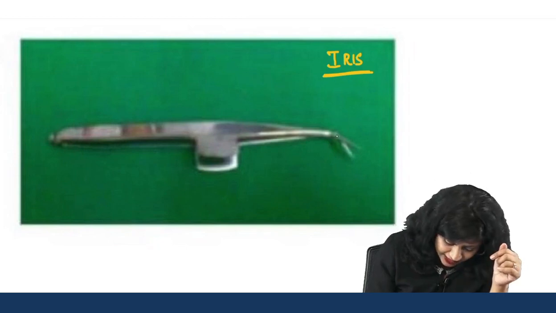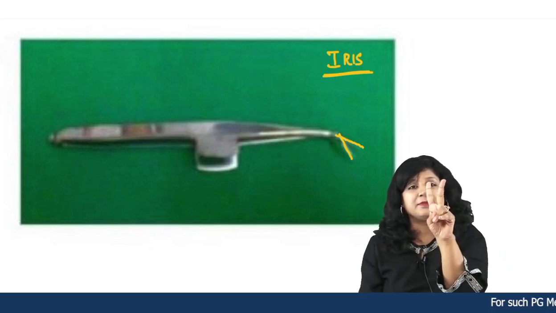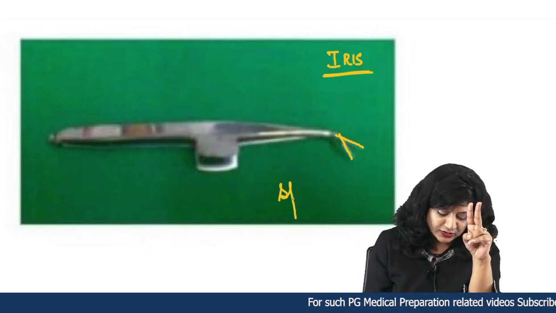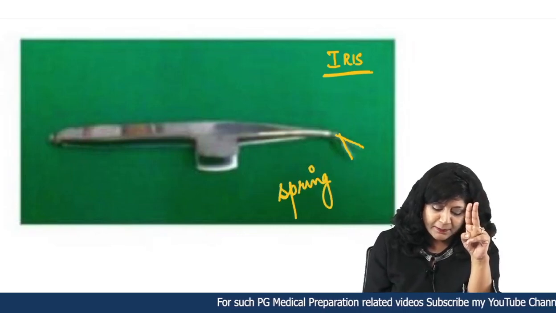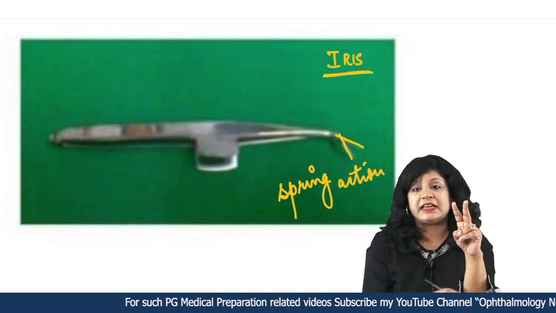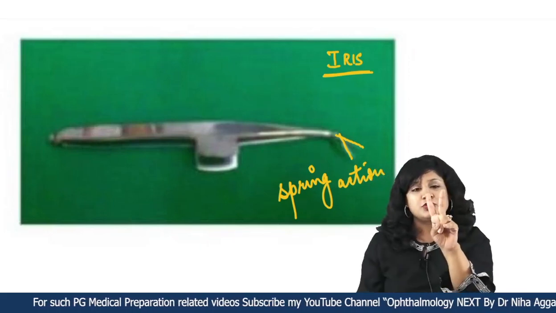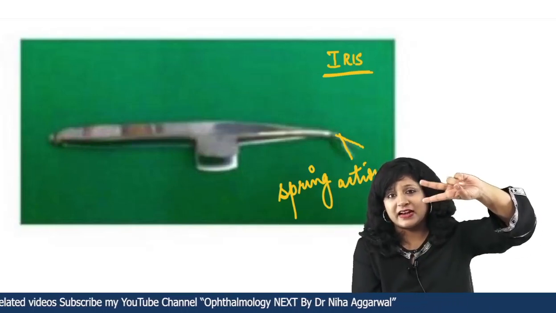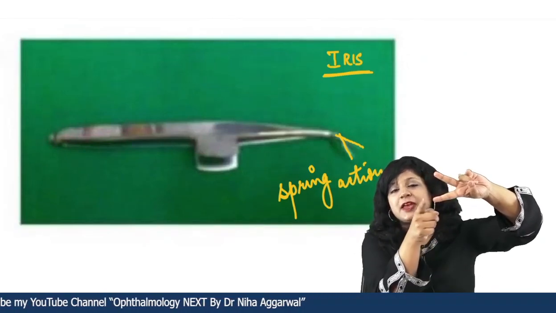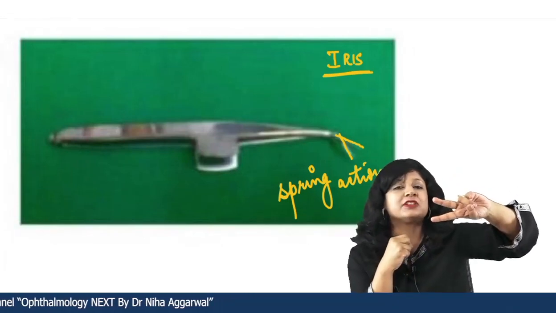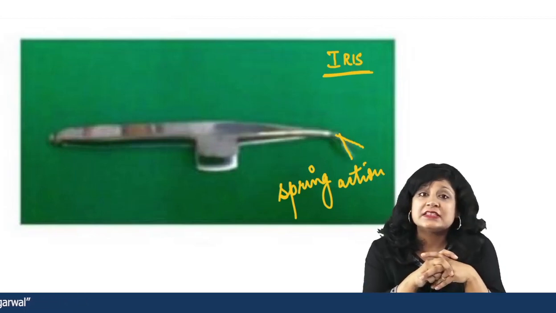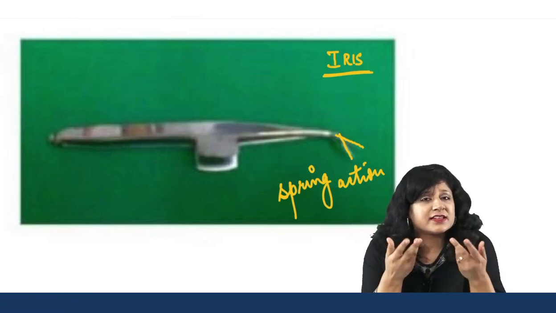So we have to do the iris cutting, and can you see its blades? In order to show you, I am coloring it. See, one is like this and one is like this. It is doing the cutting in the form of a spring action. You should always remember this spring action in the case of the De Wecker scissors. They are aligned in such a way that when they are cutting, a V-shaped, wedge-shaped resection is being done with the help of this De Wecker scissors.